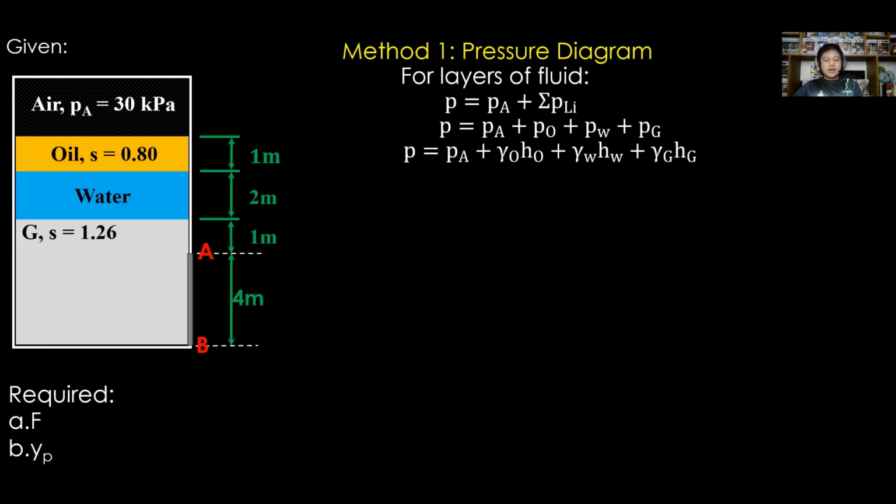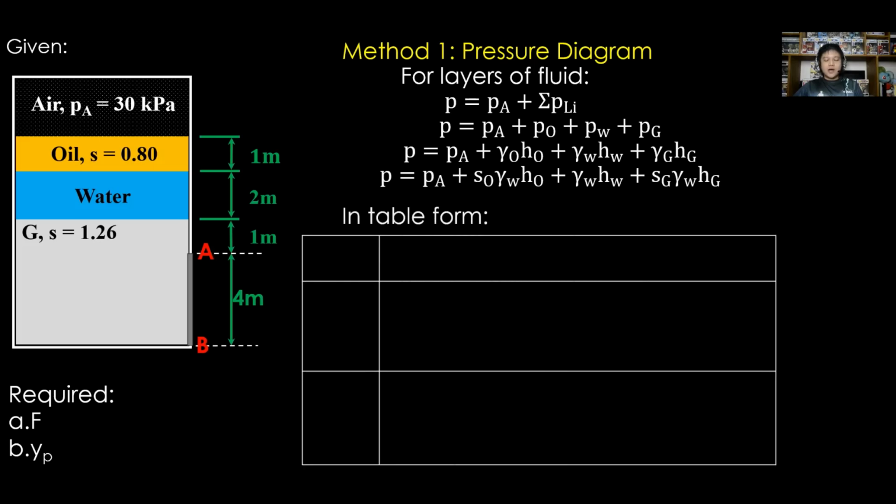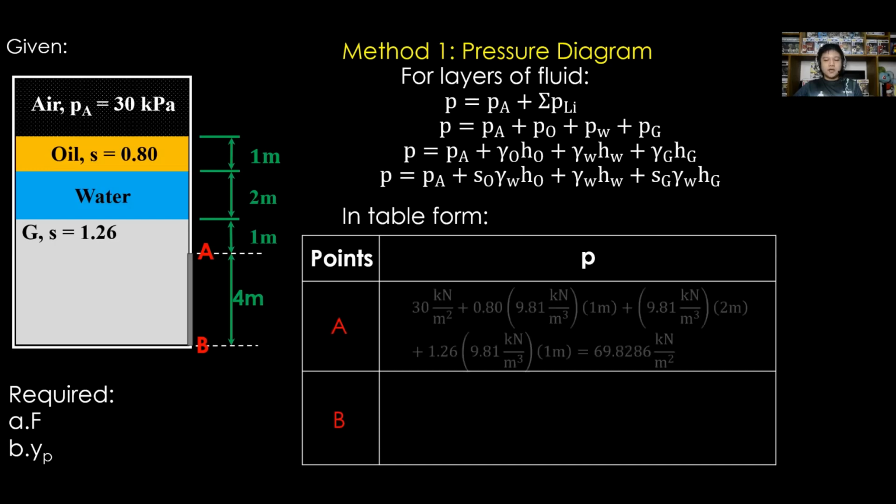And for gamma of the fluid, it is replaced with S of the fluid, or the specific gravity of the fluid, times gamma of the reference fluid, that is water. In table form, identify points and P only, since we are dealing with layers of fluids. For points, we have points A and B. For P at A, the sum is equal to